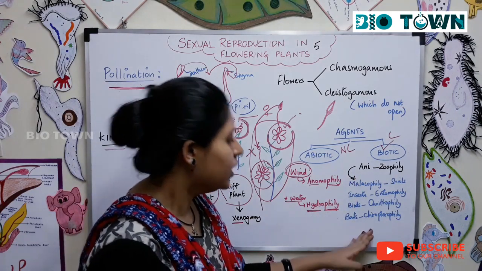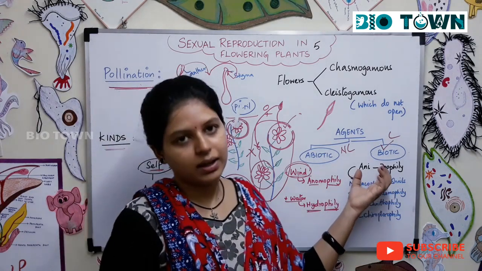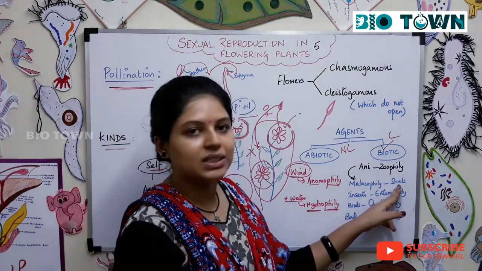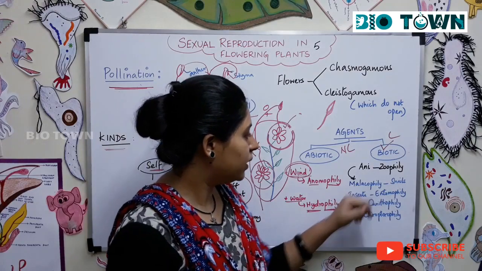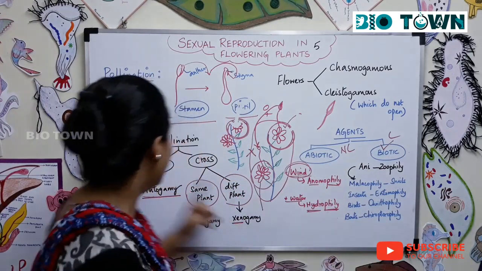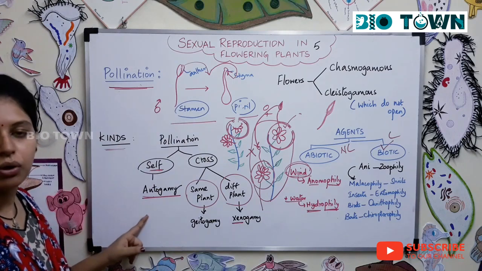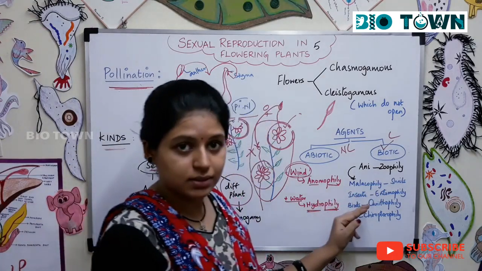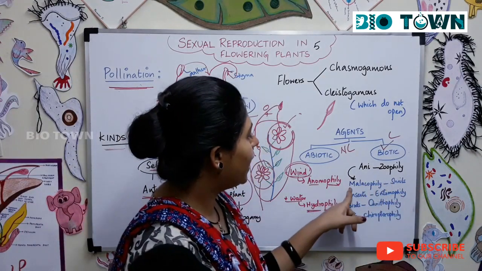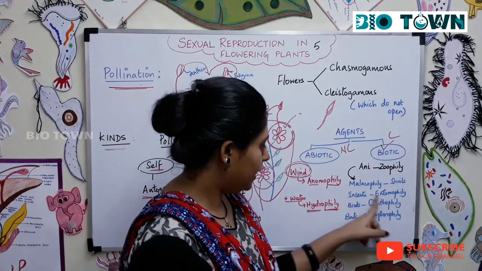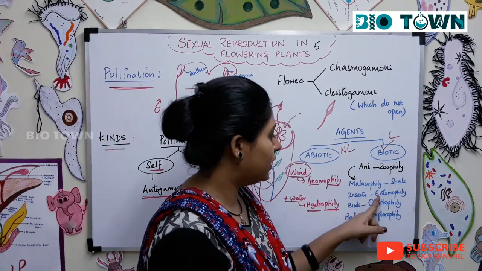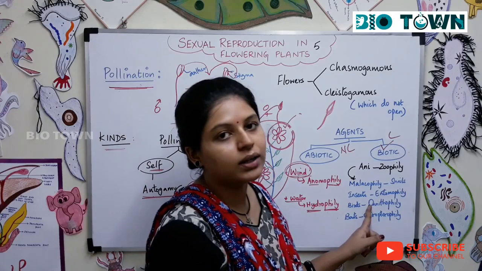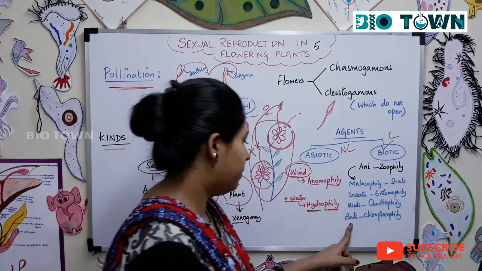Now in biotic agents, any pollination that happens because of animals, you call it zoophily, right? Specifically, when it happens because of snails, you call it malacophily. All these terms and kinds of pollination, you can expect in your competitive exams and your NEET exams, right? So you better study all these terms. Because of snails, malacophily, and because of insects, entomophily, and because of birds, ornithophily, and in the last batch, you call it